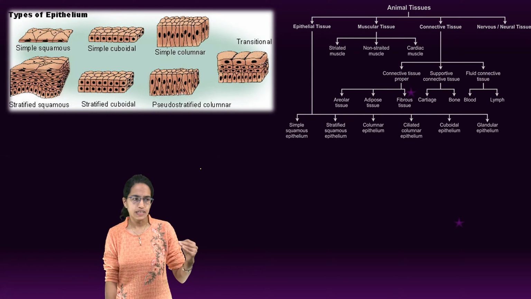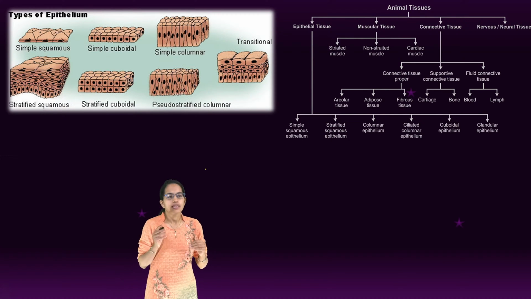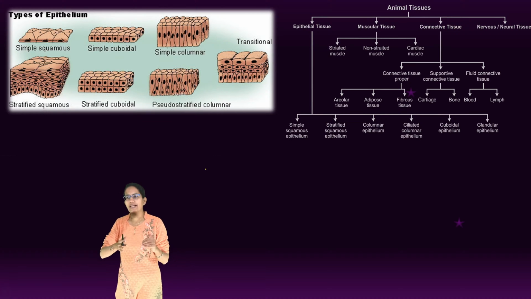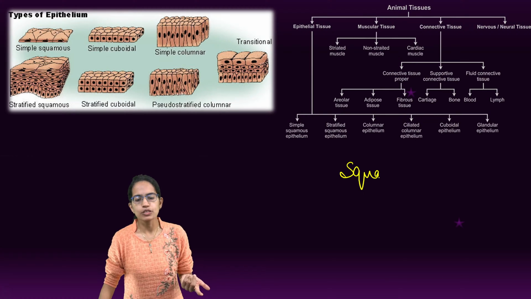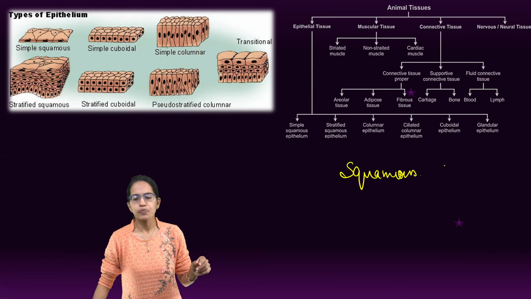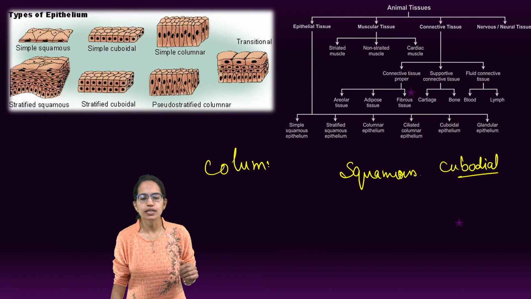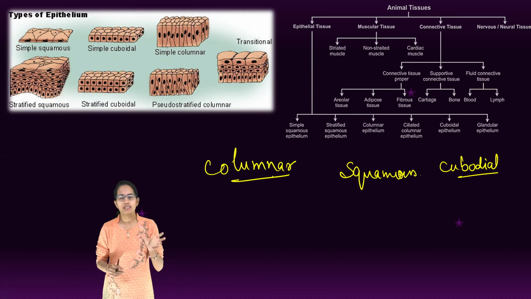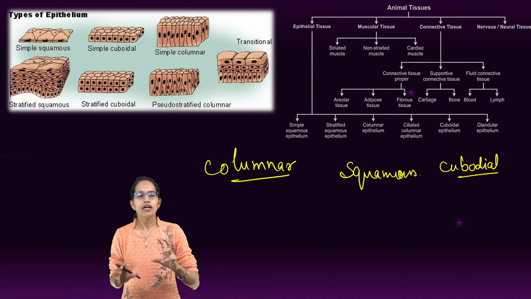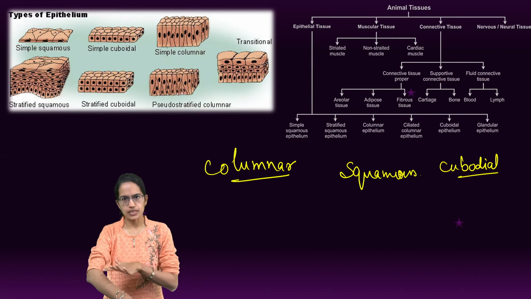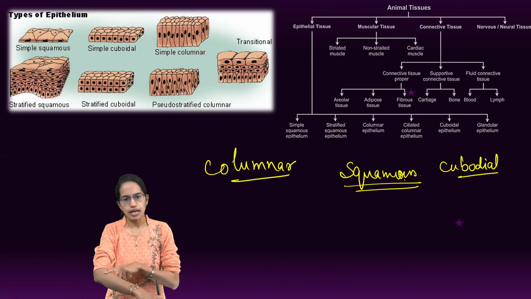Now, these epithelial tissues could be classified in two ways, simple and stratified. Then, under the simple one and the stratified one, the classification remains the same. What is the classification? It could be squamous, that means squarish in shape. It could be cuboidal, that is cubical in shape, or it could be columnar, that is column-like in shape. So based on the shape, it could be column-like, it could be cube-like, like a dice that you play with, or squamous, which is on the epidermis, the surface. Now let's begin with the simplest one, the squamous. Squamous is the epidermis.